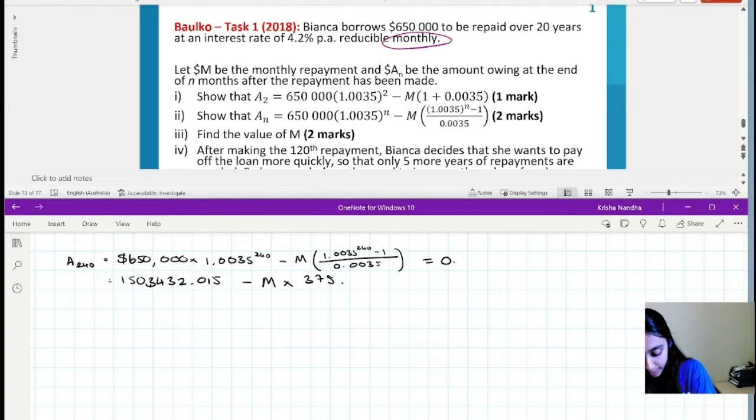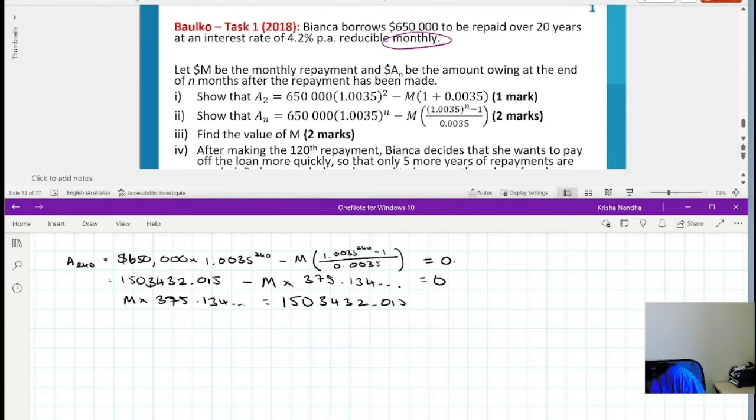So 375.13 blah blah blah. I'm going to solve for m, so I'm going to bring this over to the other side. So m times 375.134 blah blah blah is equal to 1,503,432.015. Going to divide this over to the other side to get my answer that m is equal to